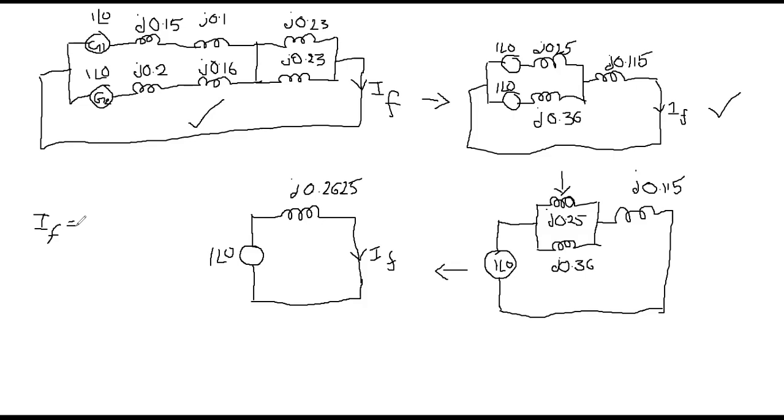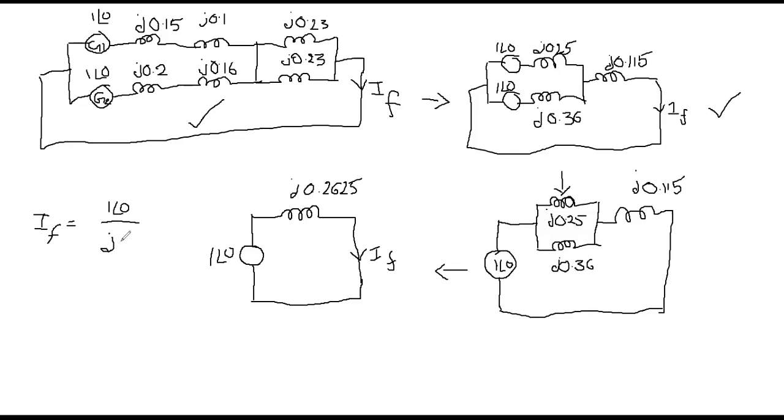But what is the need of per unit? Obviously, we have seen the need of per units in the first chapter itself. For our convenience, we have converted all the ratings to a single common platform. So whenever we have determined something in terms of per unit, you can also express that per unit value in terms of actual values. Then only your problem will be completed. Now you see here, IF is equal to 1 at an angle 0 by V by that reactance.